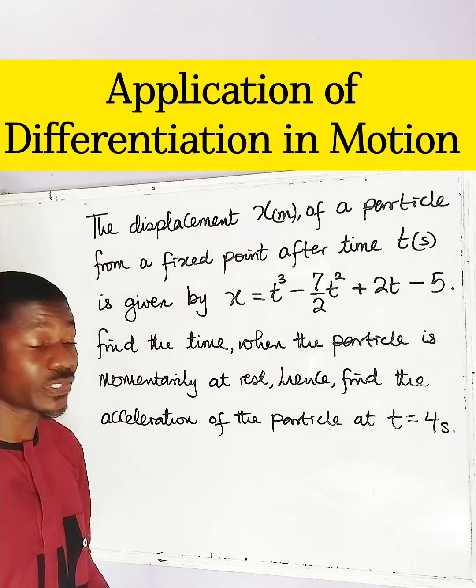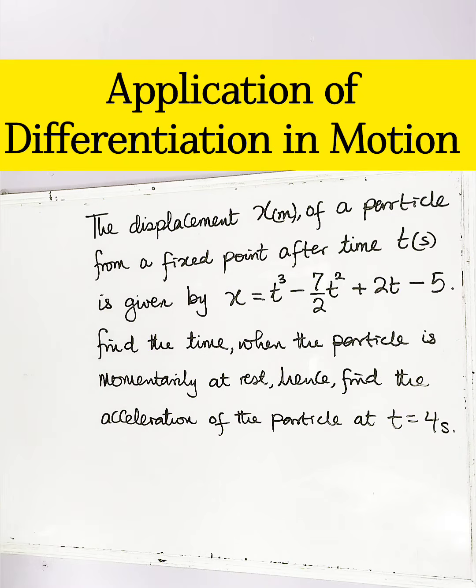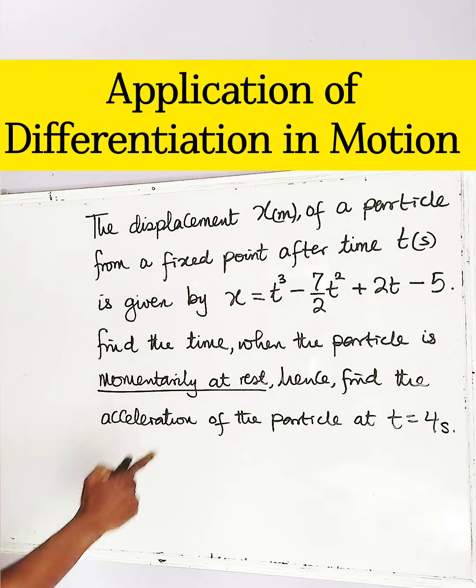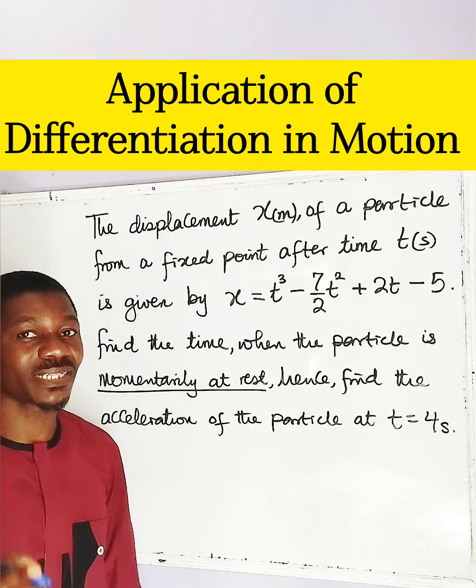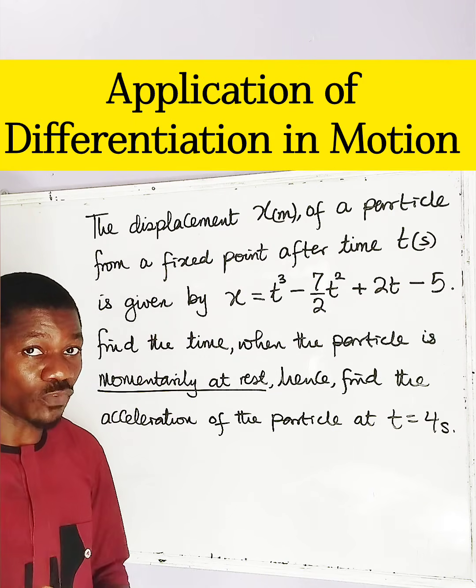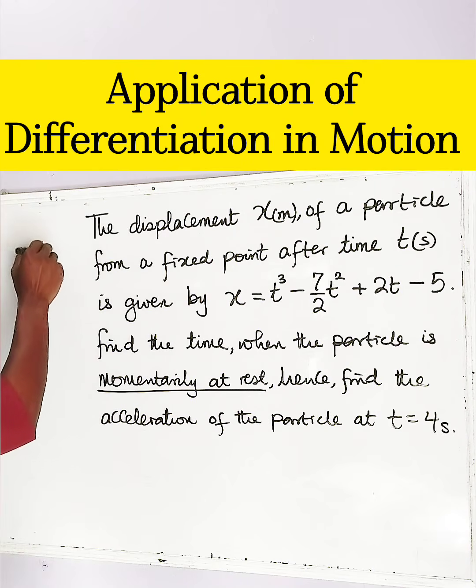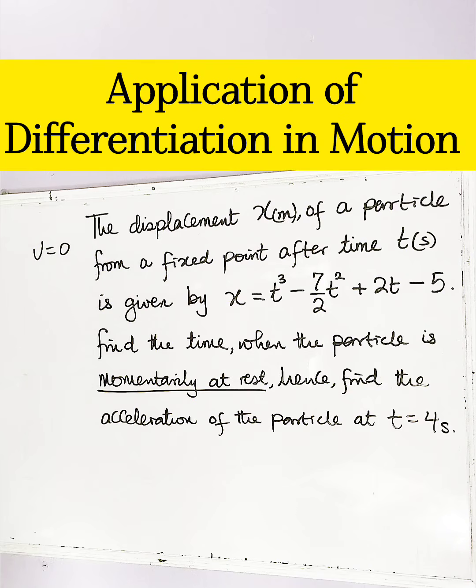So how do you go about it? Now, let's take note of this: momentarily at rest implies that the particle is not moving. And if the particle is not moving, it means that the velocity equals what? 0. And also, let us take note that